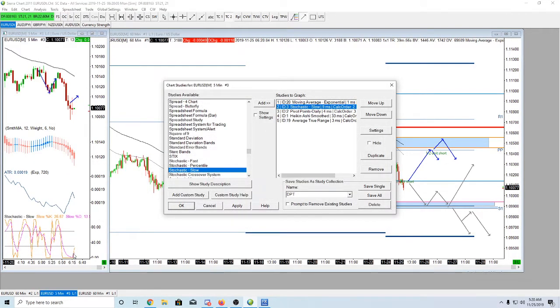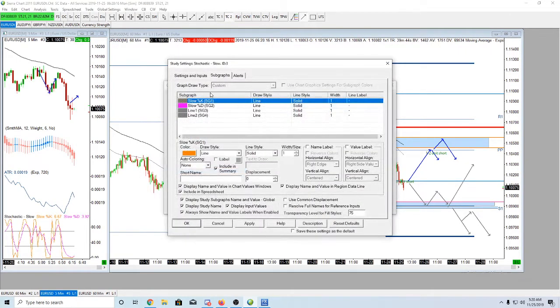And there's a little stochastic. So once this stochastic hits the top, that tells me I'm very likely overbought. I can change where this looks too. If I don't want it here, I can change where that's positioned. If I click on this stochastic,